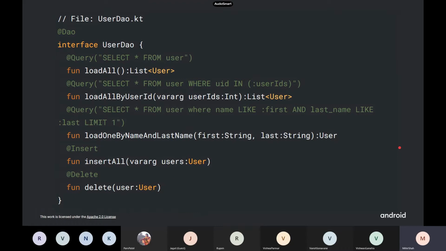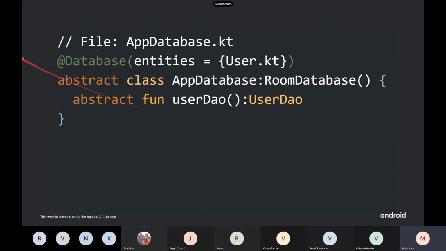These are the same as you can find in SQLite. Okay, and in this database file, AppDatabase.kt, we are annotating the database, and then we are mentioning the entities that it has, which is the User class from the user.kt file. It has to be compulsorily declared as an abstract class, and the function inside of this database has to be an abstract function. This is the requirement of a database.